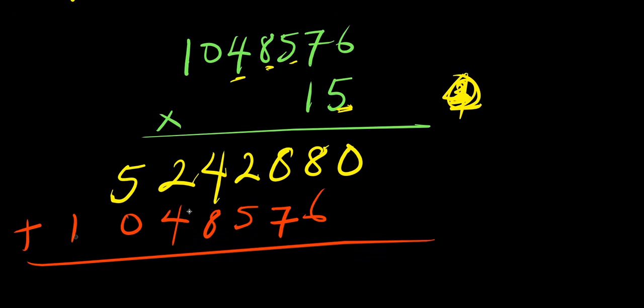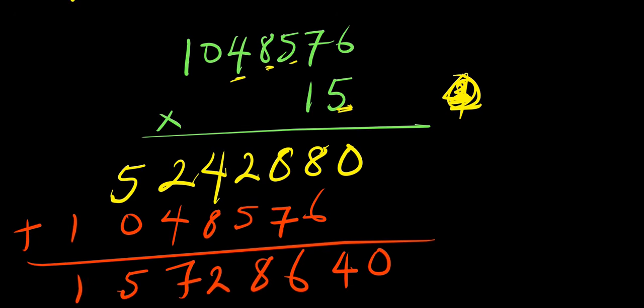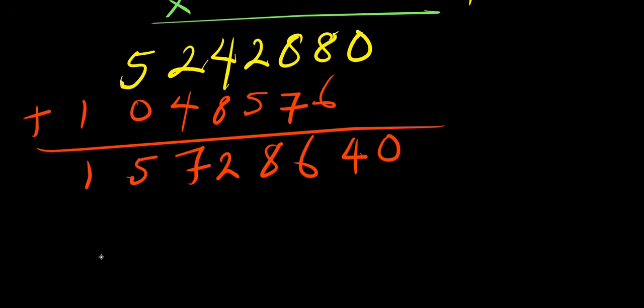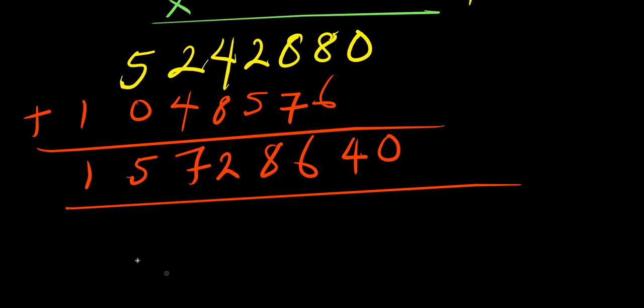And we add up everything together. So this is 0. This becomes 14. So we have 4 carry over 1 out here. This becomes 16. 6 carry over 1 out here. This is 8. This is 12. 2 carry over 1 out here. This is 7. This is 5. This is 1. So our final answer for that is